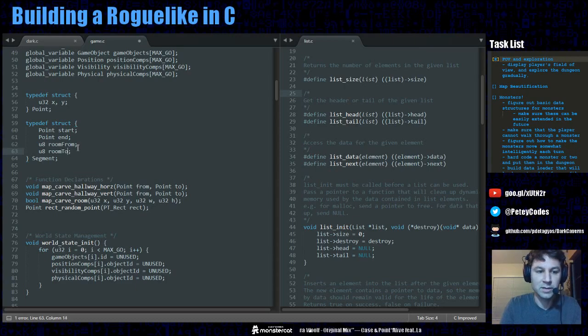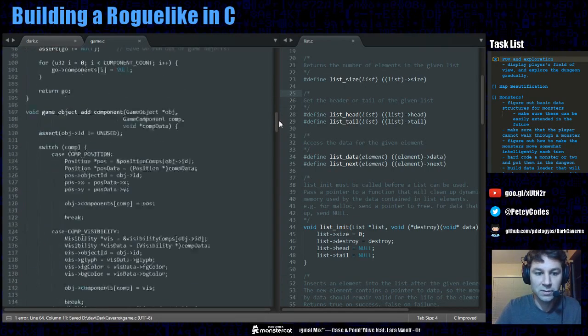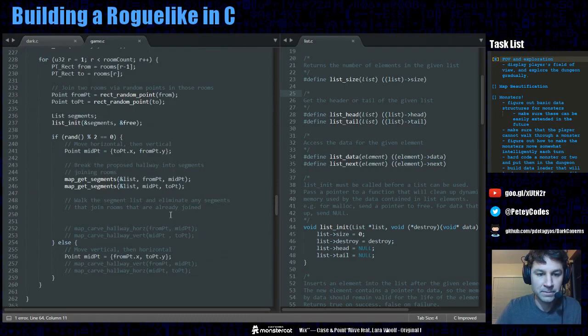That's kind of better than A and B. So get segments will accumulate the segments in the list, and then we will walk the segment list and eliminate segments. So we'll do